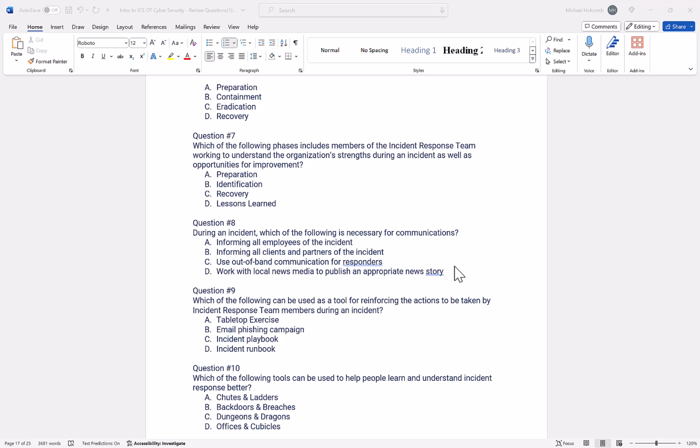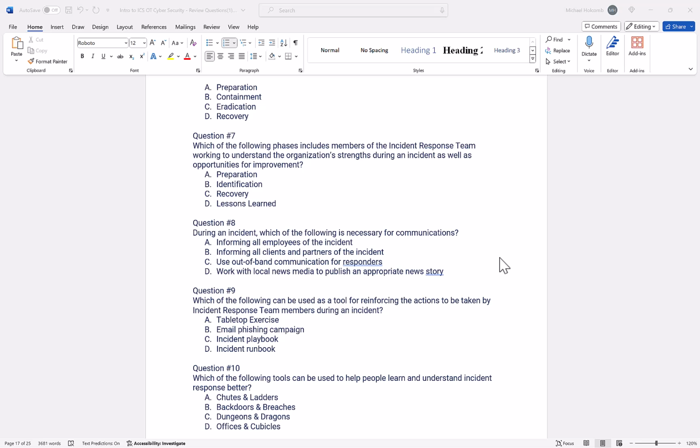So when we talk about which of the following can be used as a tool for reinforcing the actions to be taken, I think what I was asking for in this case was more of the step-by-step instructions. I think I should have been a little bit more clear, but we would say runbook. You would be okay if you said playbook as well. So, D. And then question 10, which of the following tools can be used to help people learn and